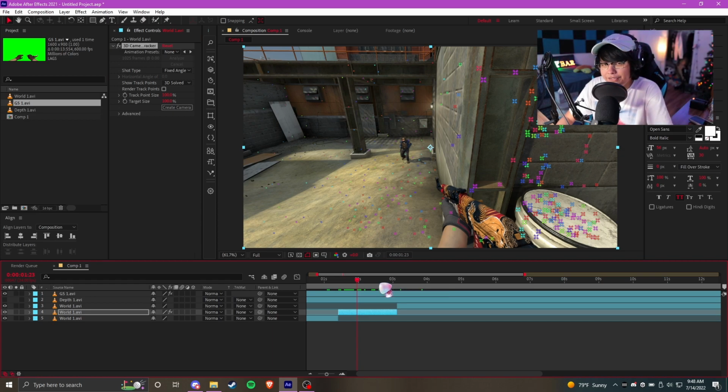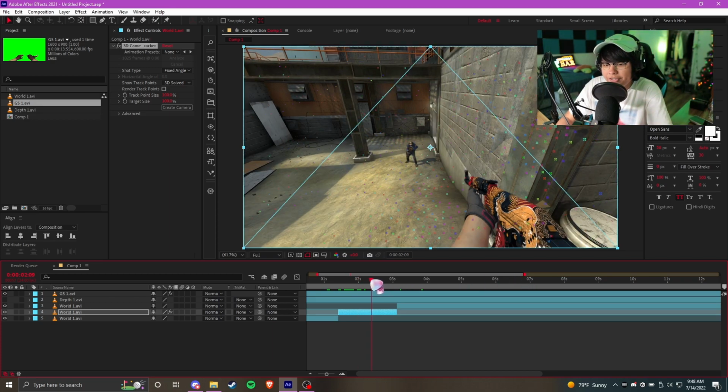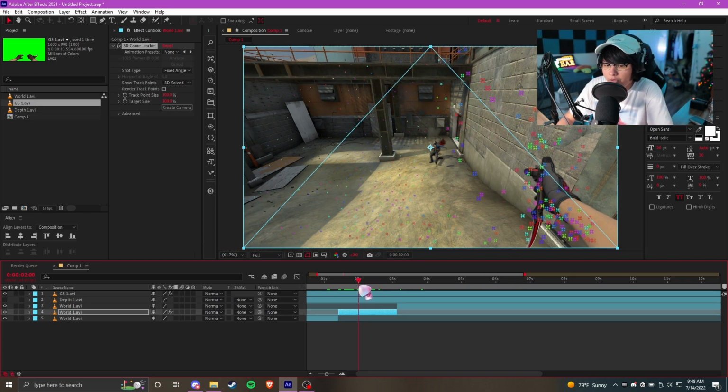Now if you get the analysis solve failed error, there's not a whole lot you can do because that pretty much just means your footage isn't really trackable at that point. So if that happens, you can just try tracking a different time or using an entirely different clip. Now as you guys can see, my clip worked fine, so now we're on to the next step, which is